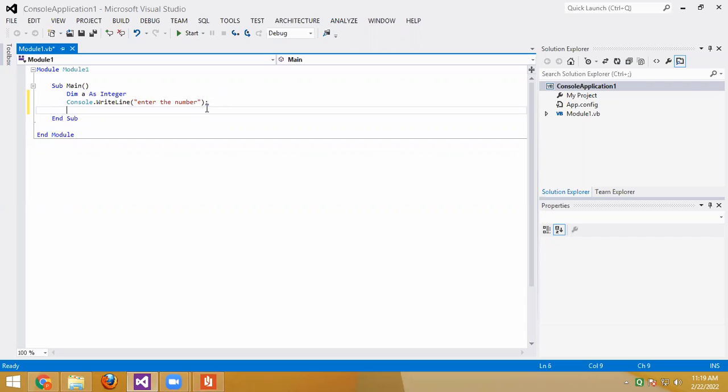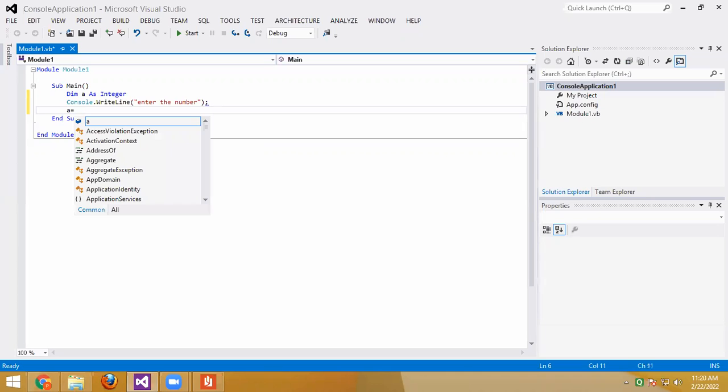So I have to read that number. When the user enters some number, I have to read it, such as in C, we take printf. In that we enter, enter the number. And then for reading we use scanf in C language. The same way here we are using Console.WriteLine for enter the number. The user will be asked a number, the user will enter the number, then we have to read the number and save it in some variable. Which variable have we taken? A equal to